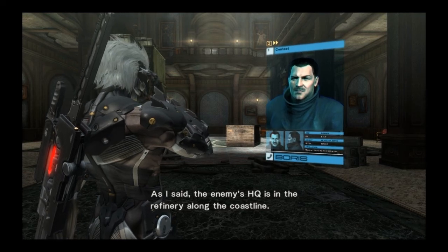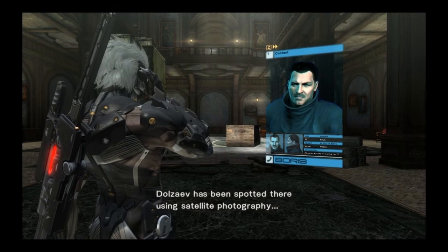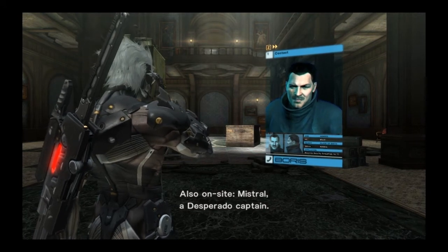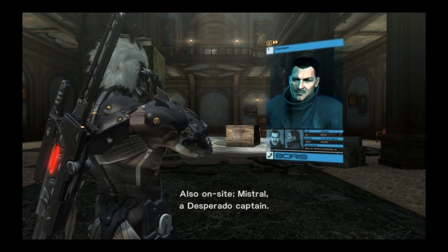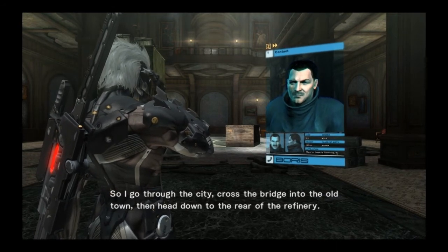Enemy's HQ is in the refinery along the coastline. Dolsaev has been spotted there using satellite photography. Also on site, Mistral, a desperado captain. So I go through the city, cross the bridge into the old town, then head down to the rear of